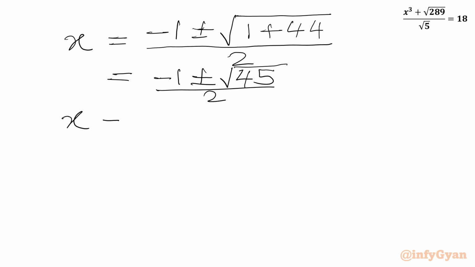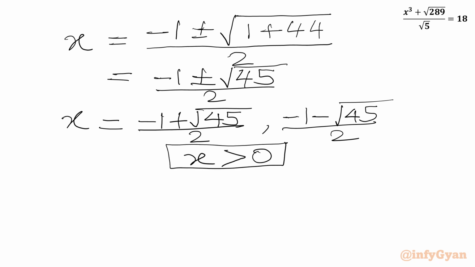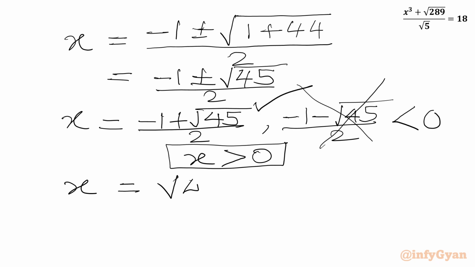So we are having two values. If I write minus 1 plus square root 45 over 2, and the second would be minus 1 minus square root 45 over 2. Now the condition on x was x must be positive. So I will write x equal to, because this solution is negative, we will reject this one and we are going to accept this. So we will write our final answer square root 45 minus 1 over 2, or we can write 3 square root 5